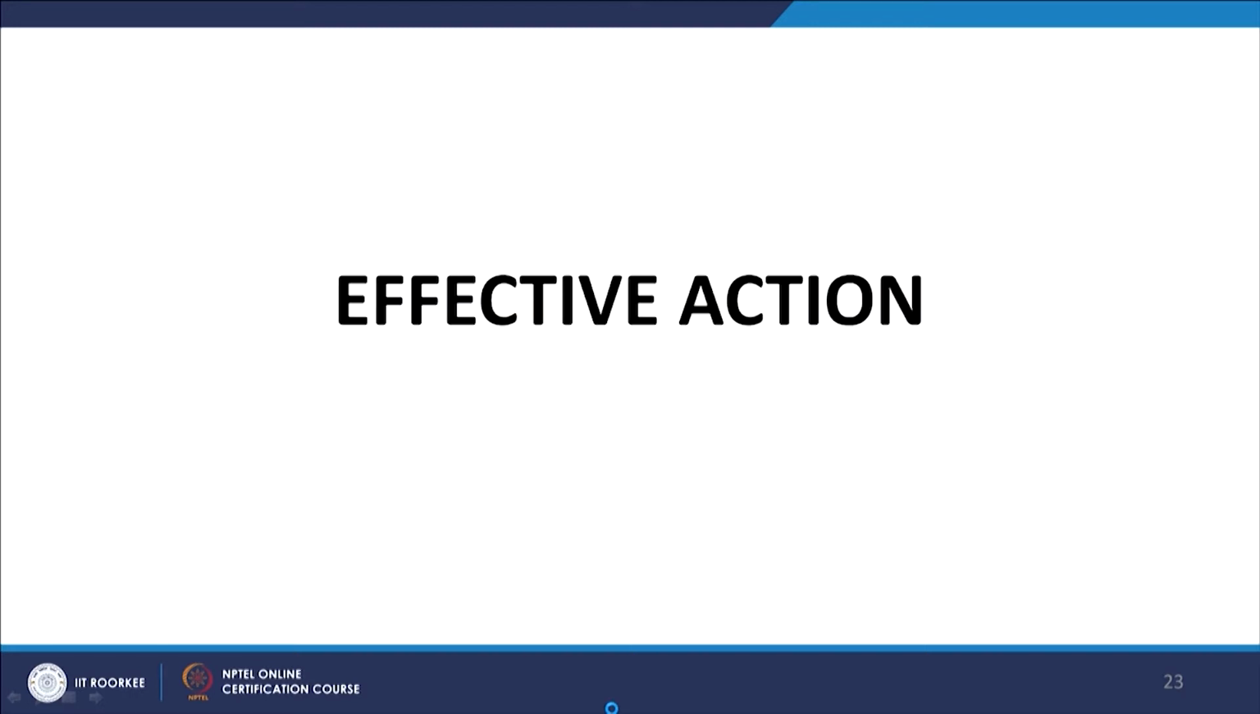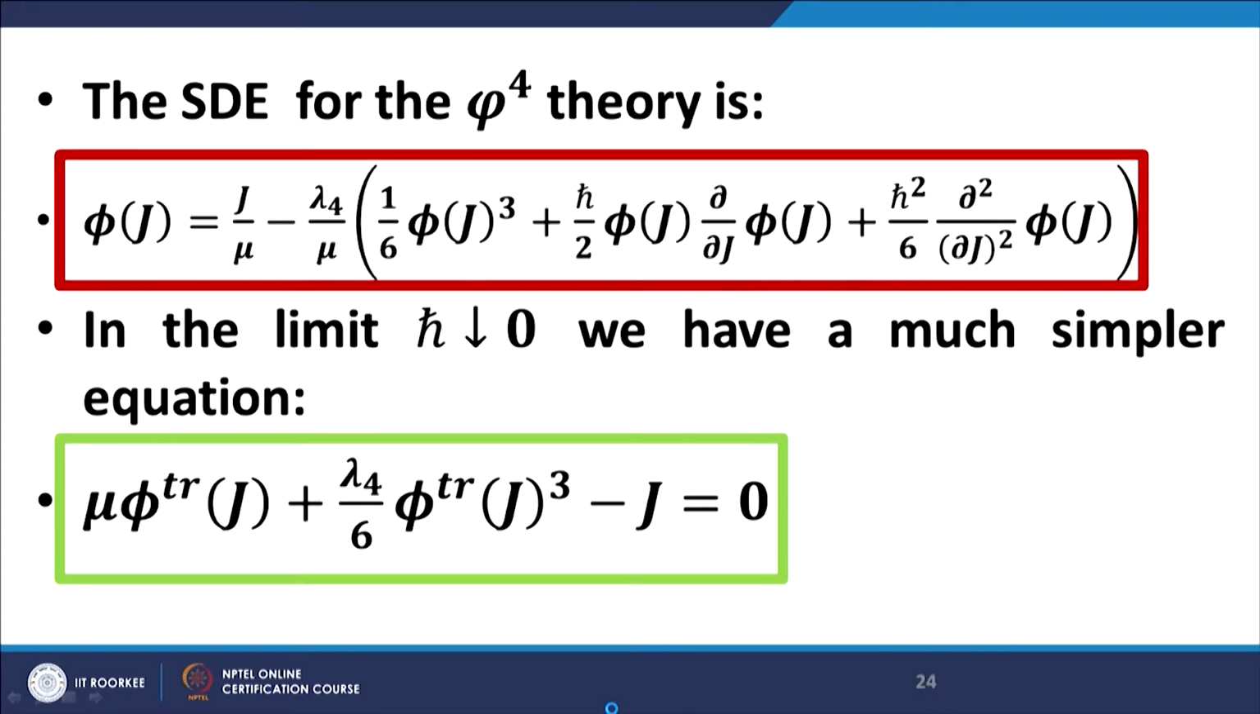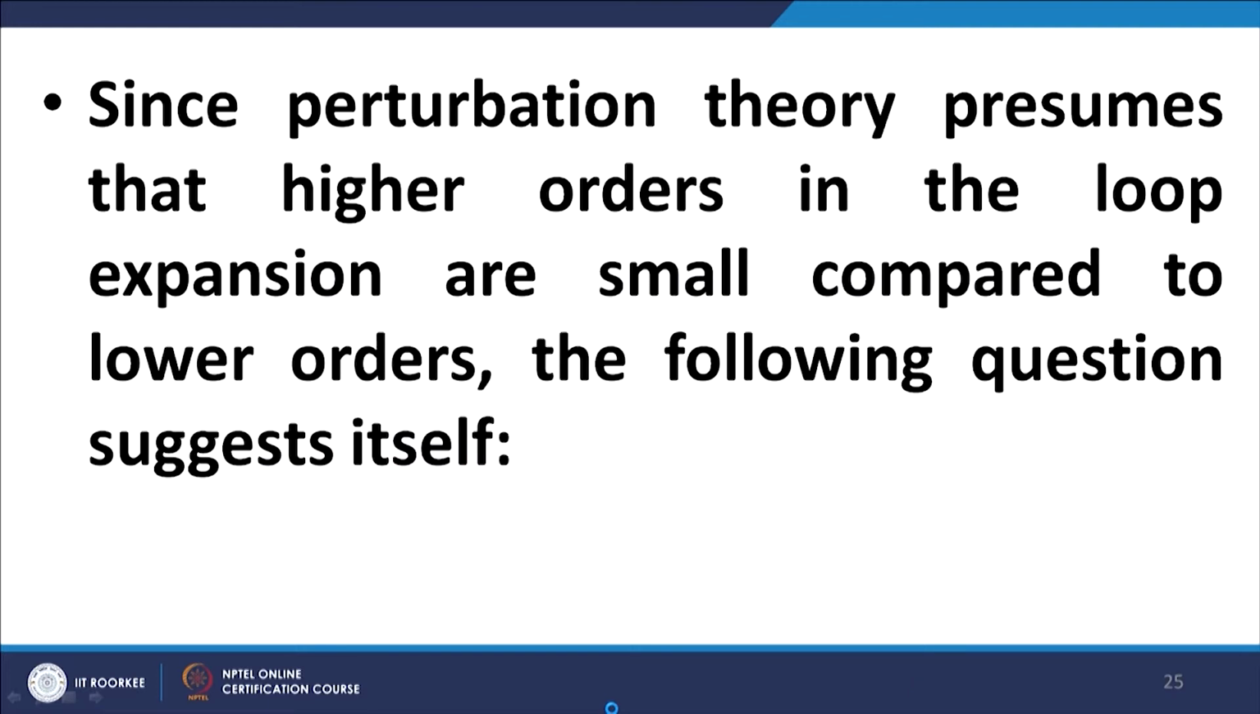Now, we talk about a new concept, which is effective action. The Schwinger-Dyson equation for the φ⁴ theory is given in the red box here, of course incorporating therein the loop expansions. In the limit h bar tending to 0, we have already seen that this equation reduces to this quantity. Now, we ask the question,